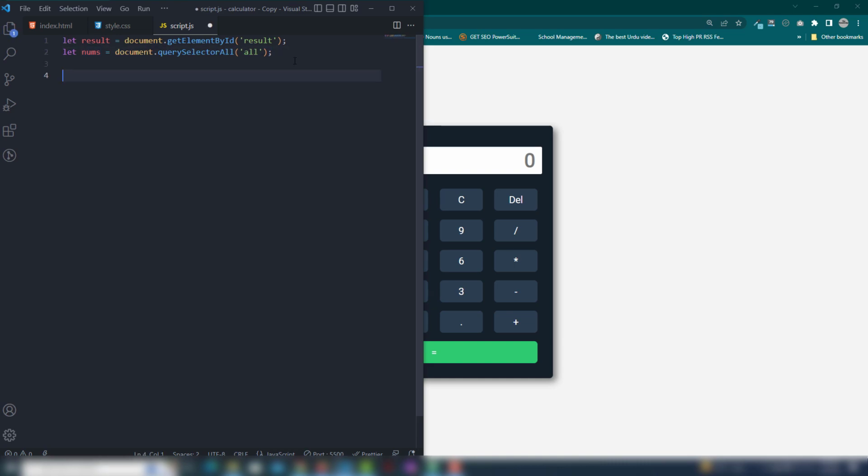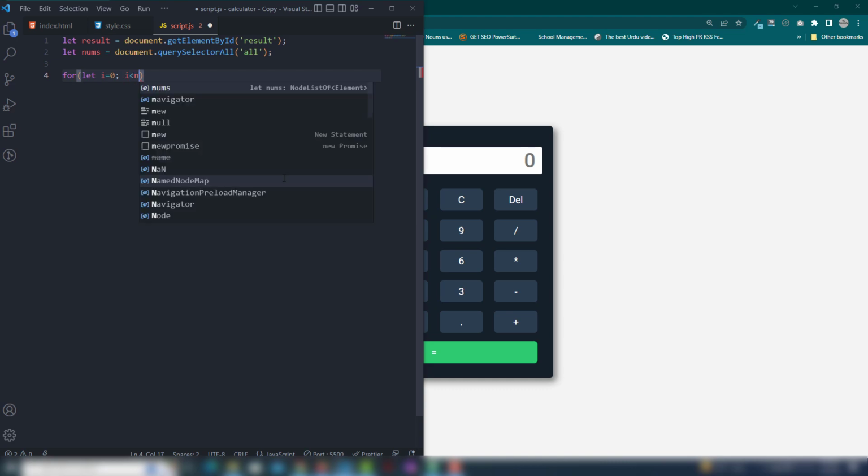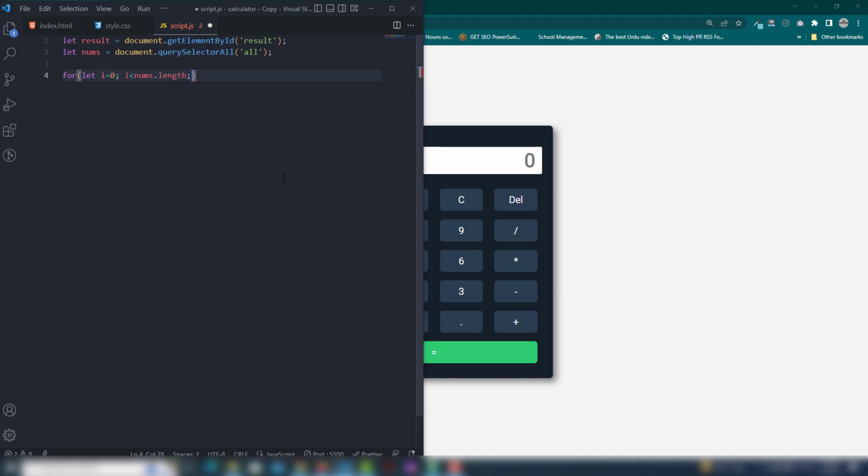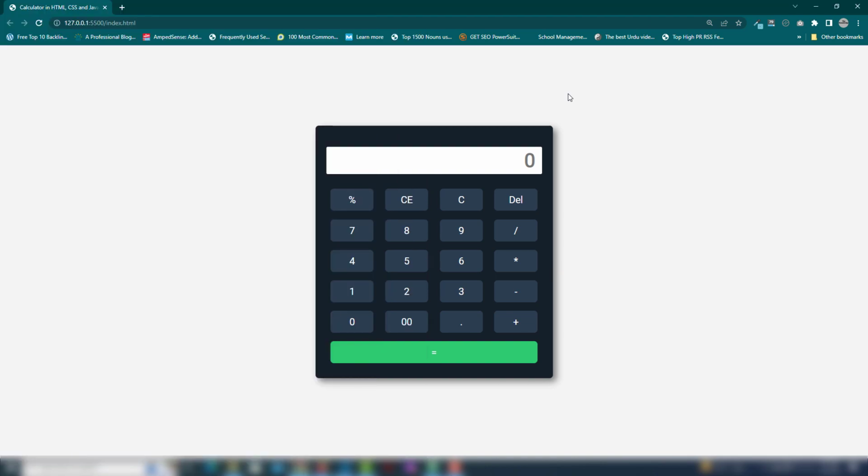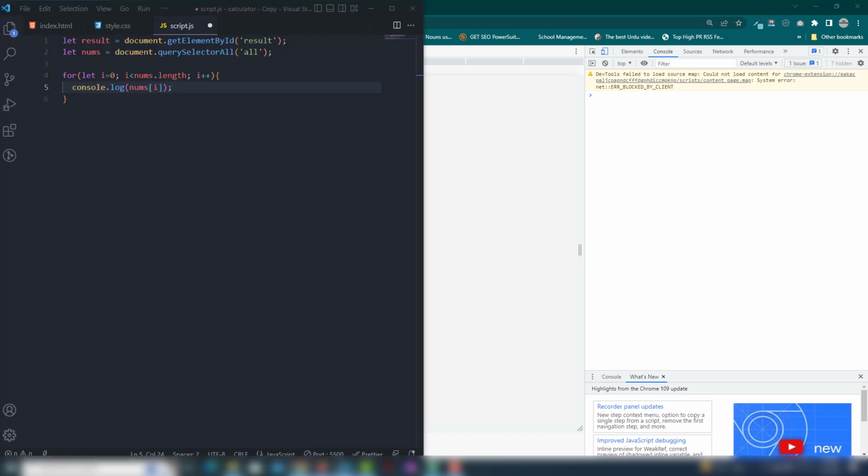So I want to get the value one by one from each li tag. So how can I do that? I will use a for loop. Let i assign the value 0, i less than nums dot length, and I need to use i plus plus. So once you have done that, you will be able to see in the console screen all of the li tags. I'm going to show you. I just need to save that,